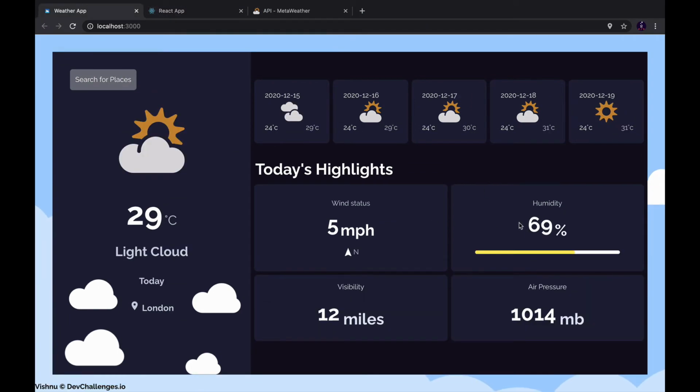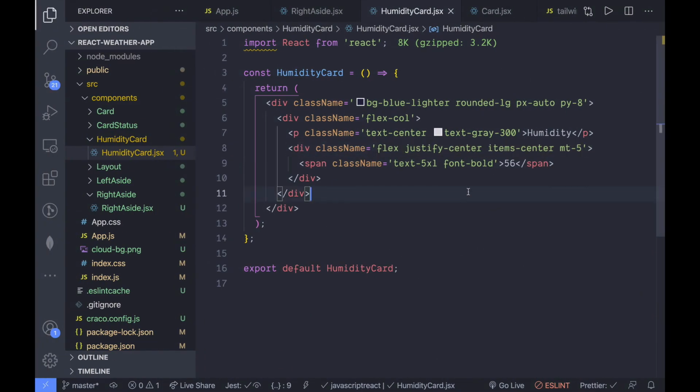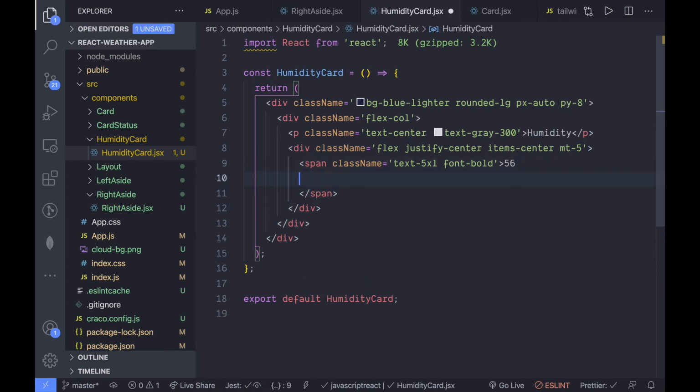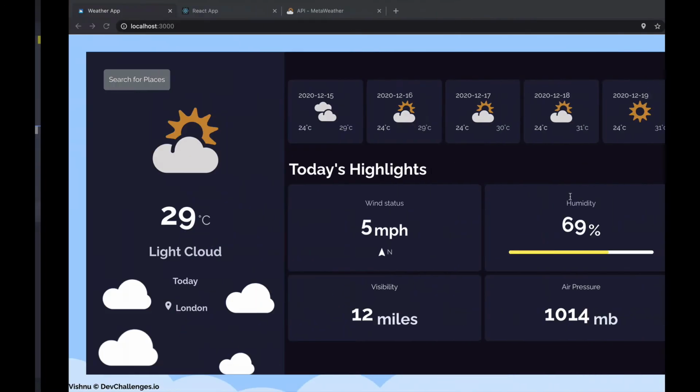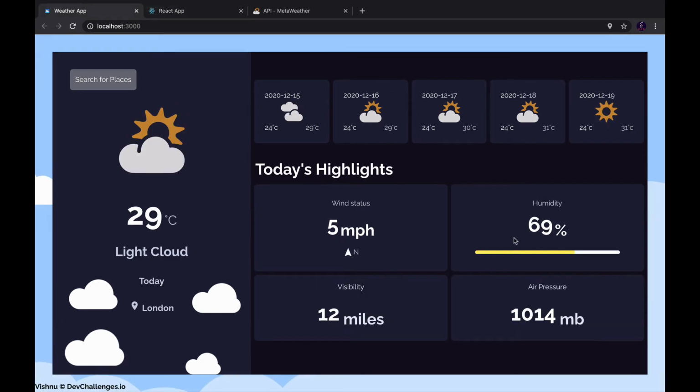So now down the percentage, we are showing a progress bar, right? So just come back to the humidity card.jsx file, and inside the span tag, create a new sub tag and give it a class name of font lighter, and set the margin left to 1 and give the percentage symbol right here. So save this, and if you take a preview, so we got this percentage showing right here. So now we'll be dealing with this progress bar right here.